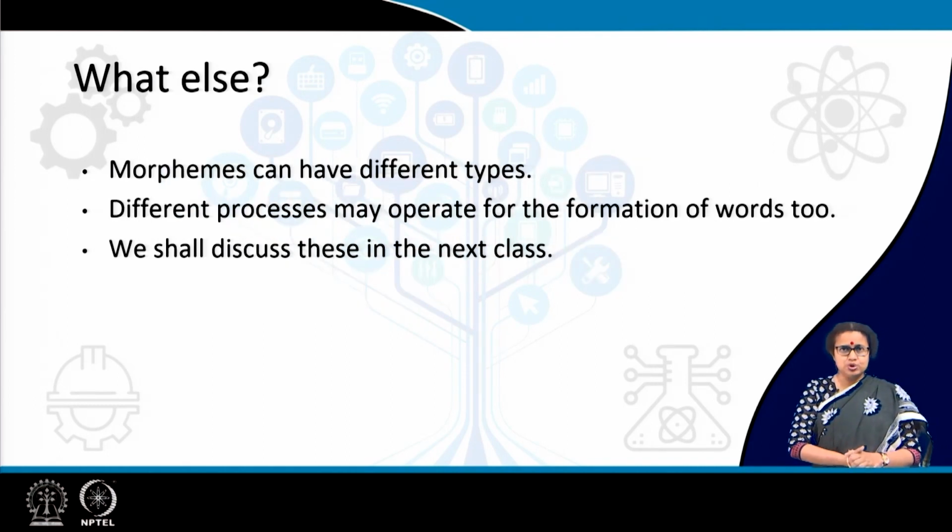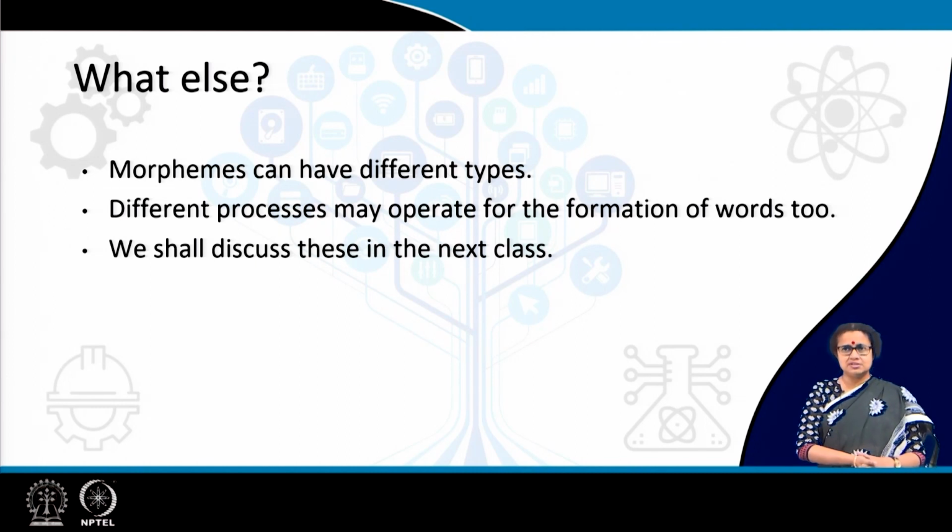So, there is more to it. I mean, we have just started talking about morphology. In the last class, we gave you some idea of mental lexicon and then defined morpheme and then talked about the idea of lexeme and grammatical word, for example. Today, we started talking about morpheme and then also came to know about two more important components in the domain of morphology, morph and allomorph.